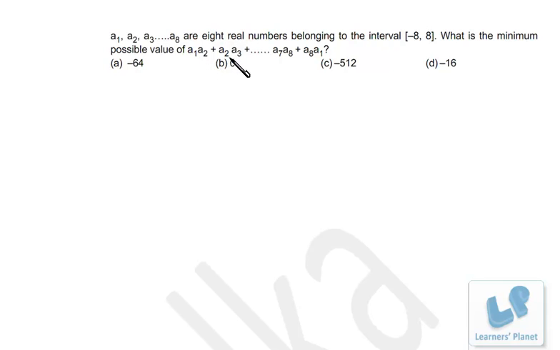See, if I take a1, a2, a2, a3, suppose here a1 is 8, a2 is minus 8, then a2 is minus 8, a3 is 8, right? So 8 times 8 into minus 8, that means minus 8 cube, that will be minus 512. Okay, not much paperwork is required because it is not given that a1, a2, a3, all of them are distinct. So we can take the value of 2 as same. I hope you are clear.